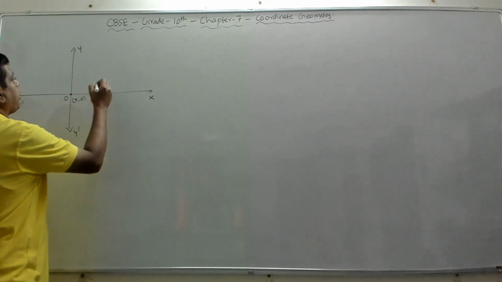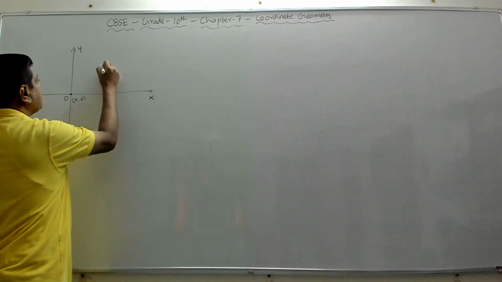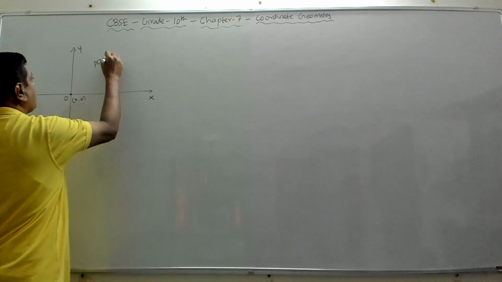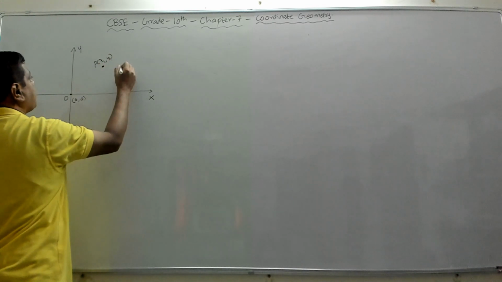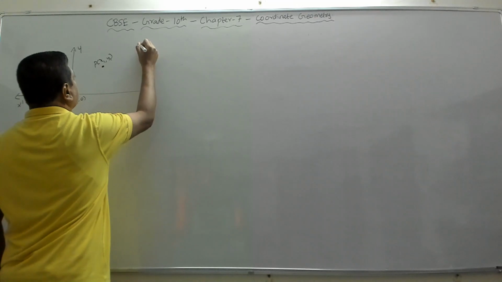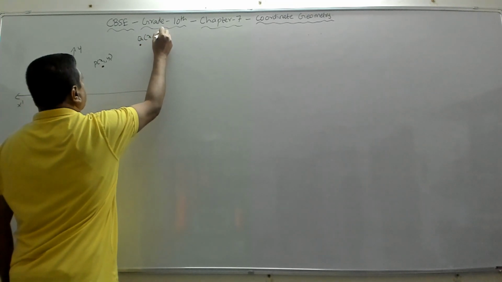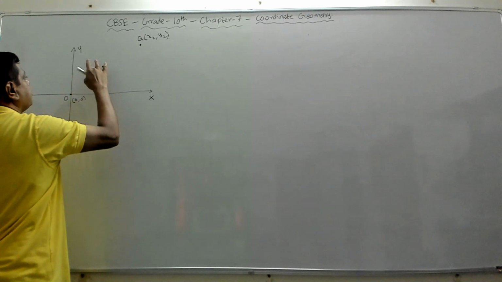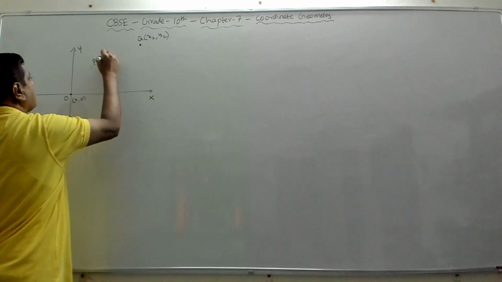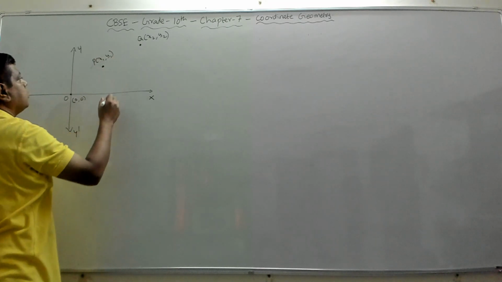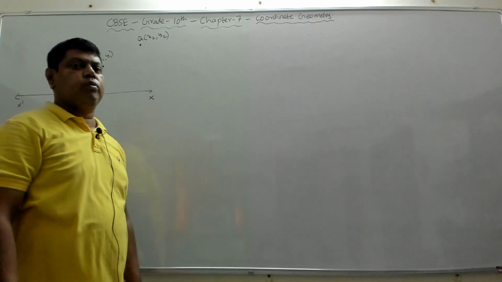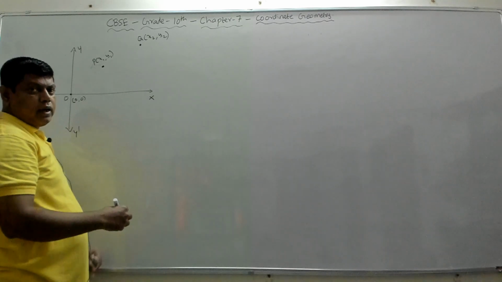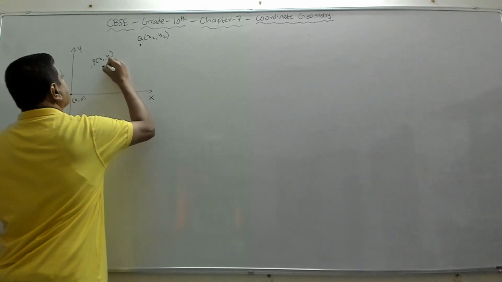Now suppose you want to find the distance between 2 points on the plane. Say this P of (x1, y1) is one point, and there is another point Q whose coordinate is (x2, y2). So there are 2 points, P of (x1, y1) and Q another point (x2, y2). Then if you want to find the distance between the points P and Q, or the length of the line segment PQ, which is this,